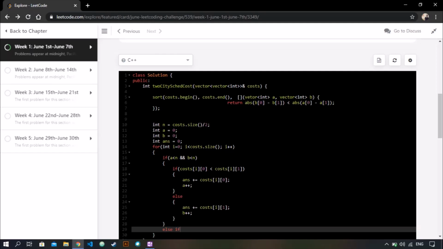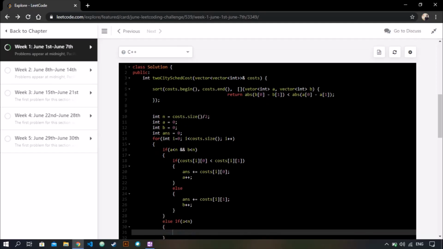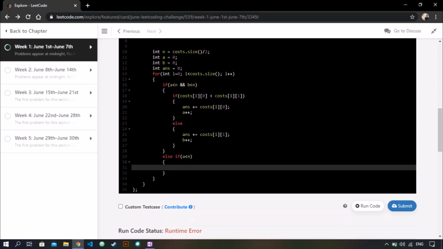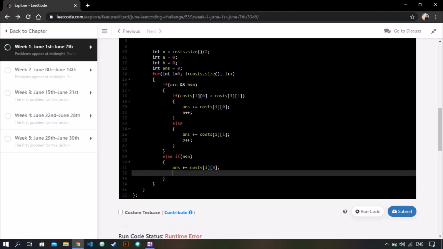Okay, else if A is less than n, now B is equal to n, that is n people reached city B and no more people can go to city B. So what we do is we just simply keep adding the cost of city A to our answer, and keep incrementing the count.